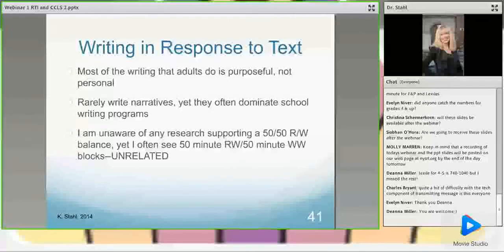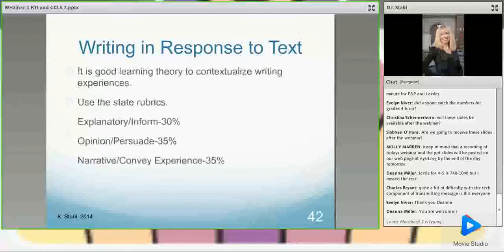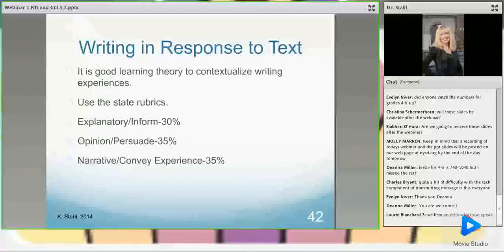Yet when I go in schools, I frequently see teachers trying to ensure, well, I've got to make sure my kids are writing as much as they're reading, and that I've got this fake balance of 50-50 reading and writing. And I'm not really sure where that balance has come from, because if you looked at the work that you did and the kind of writing that we did, most of the writing is purposeful and informational